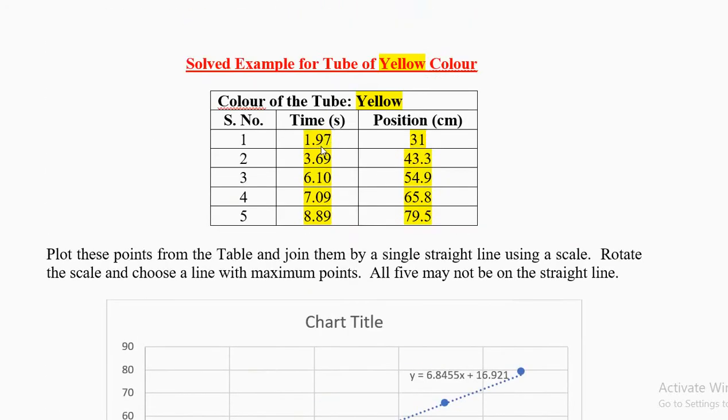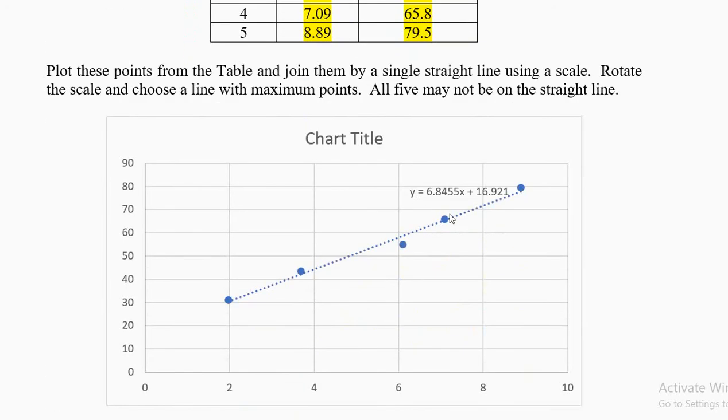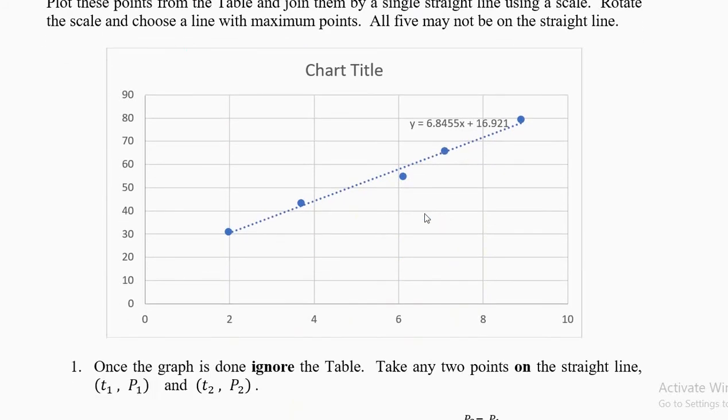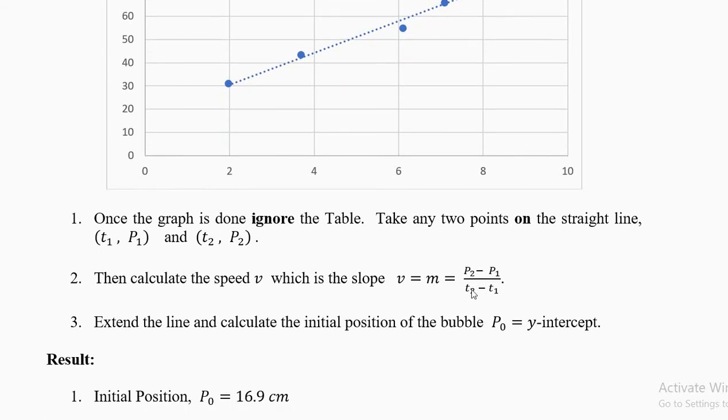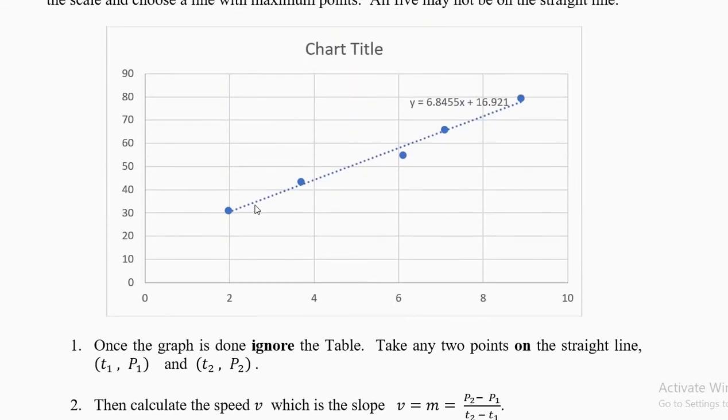So first take the table from your data. Put the 5 points, forget about the table, draw the straight line and forget the 5 points. Once you get the straight line, that is your final thing. On the straight line, take a point here and take a point here. Any 2 points where the numbers look easy to you. Then calculate the slope. So you can take 1 point here in the corner, another point, another corner will be here in your graph paper.